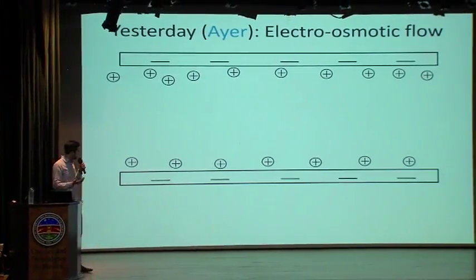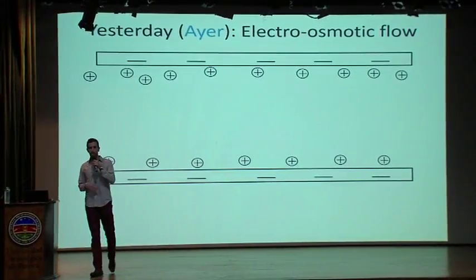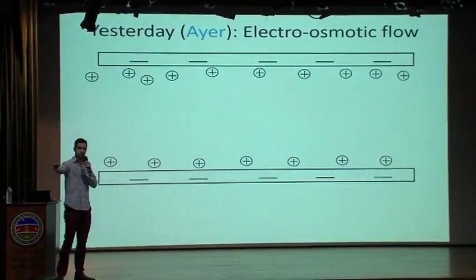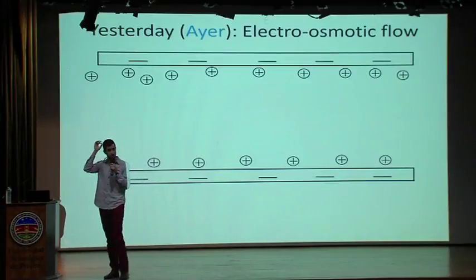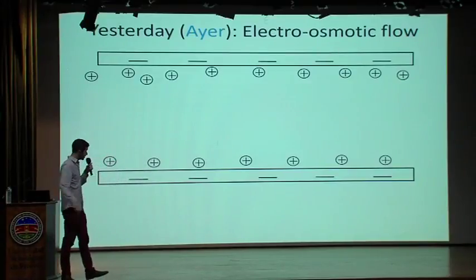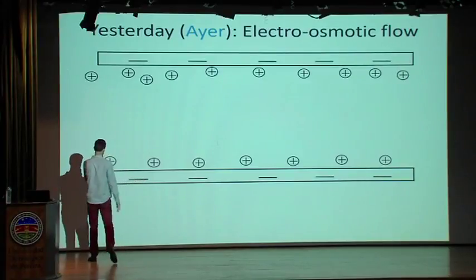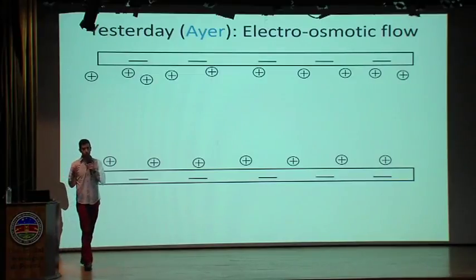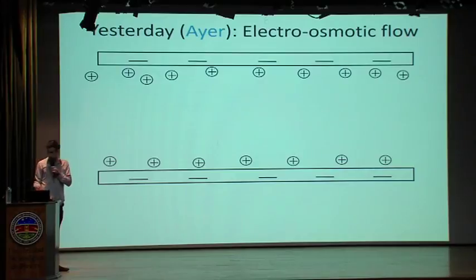Yesterday I talked about a concept called electro-osmotic flow. This is a way of moving fluids through very small tubes, very small passageways. Think about the size of maybe your hair or a little bit smaller. It only works in these cases. So remember that in general, a solid surface, when it's put in contact with water, becomes charged. As a result, the surface